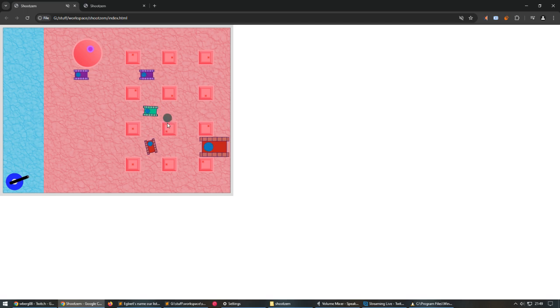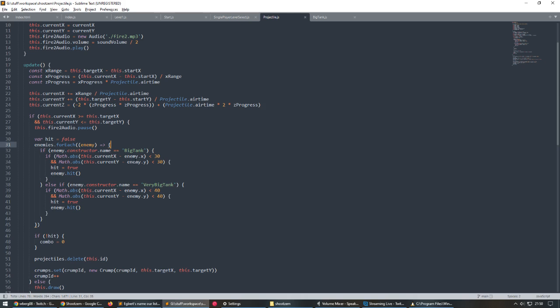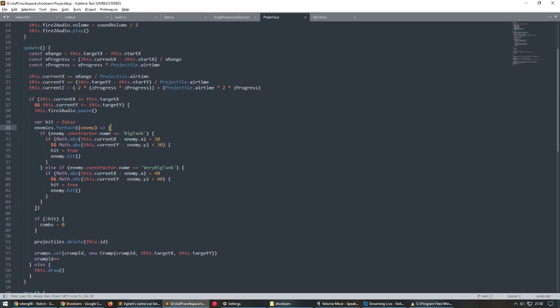And also, I think the Z progress determines the size and darkness of the shadow that renders underneath. So that's all rendering. That's all a rendering nicety at the moment. But I wonder, can I use it to hit a flying enemy? I think I might be able to, and I think I might be able to do it quite easily because it seems like I implemented